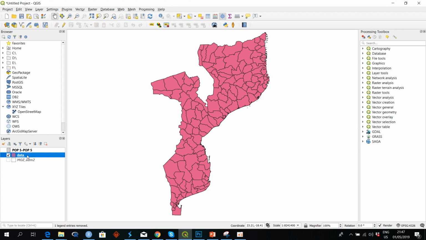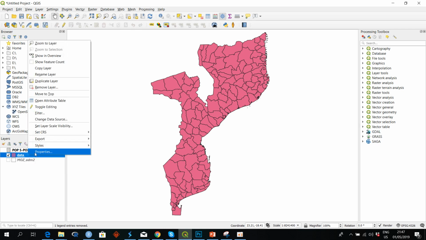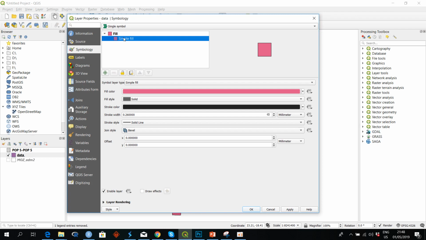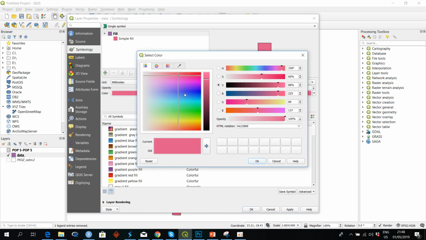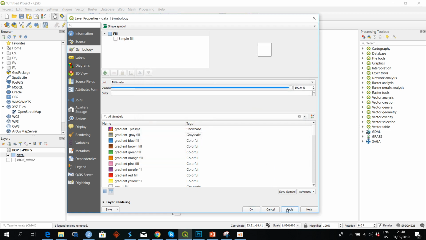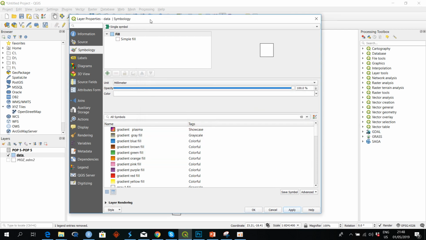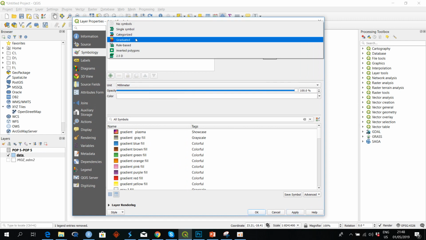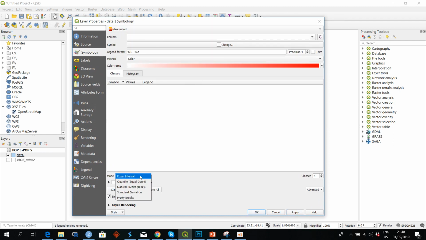We come here because this is where we saved our joined attribute data file, and then we click on properties. Okay, and then we choose white, apply, and now you can see the map becoming white. Then we go and choose graduated, and then we choose